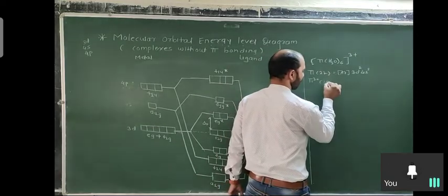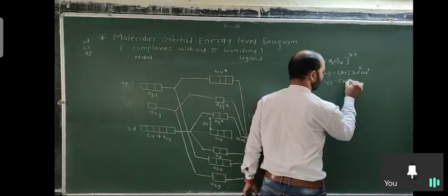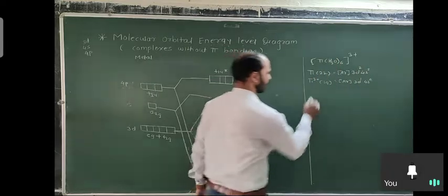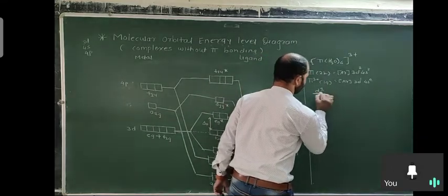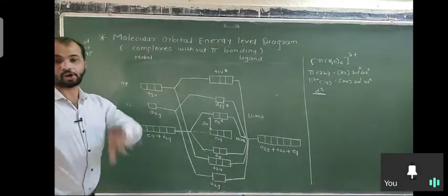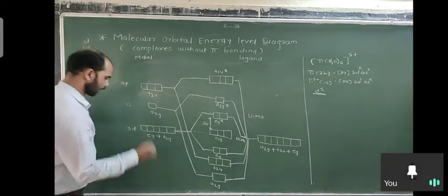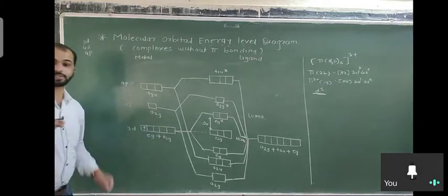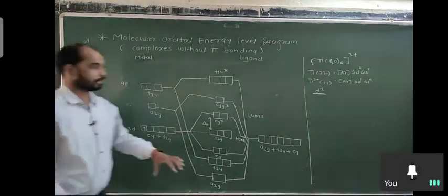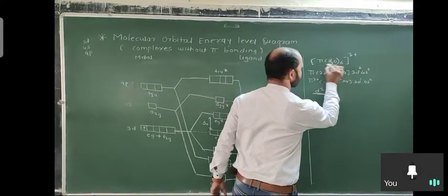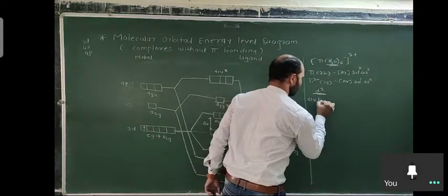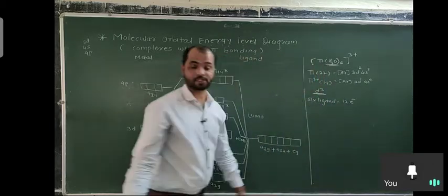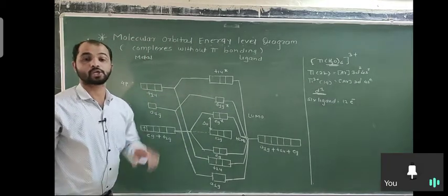So here only 19 electrons, that means [Ar] 3d1 4s0. Basically a d1 system is used. What is the d1 system? It means in the d orbital there is one electron. So this is the d orbital, and you just mention one electron here because 3d has one electron. And how many ligands? 6 ligands. So how many total electrons from the ligands? 12 electrons, each ligand giving 2 electrons.